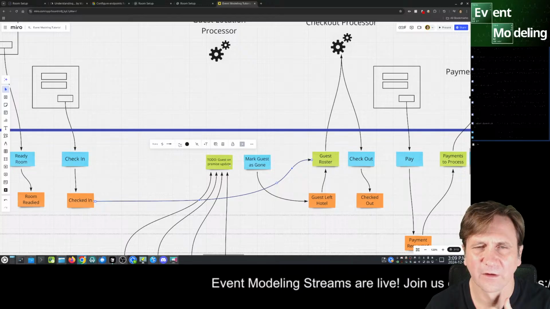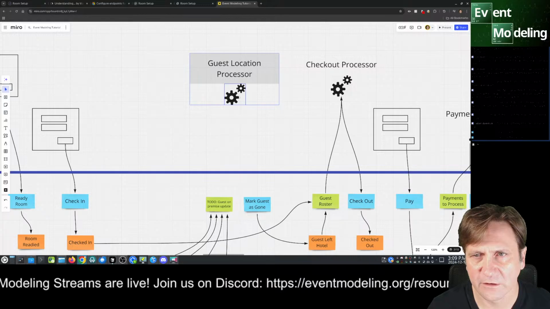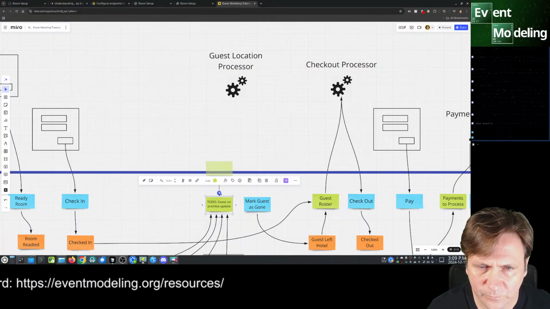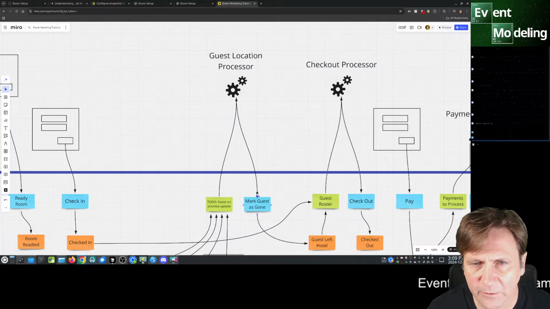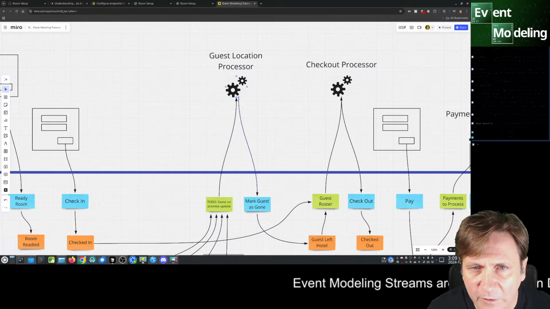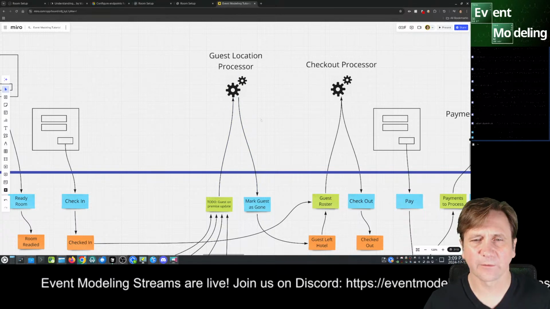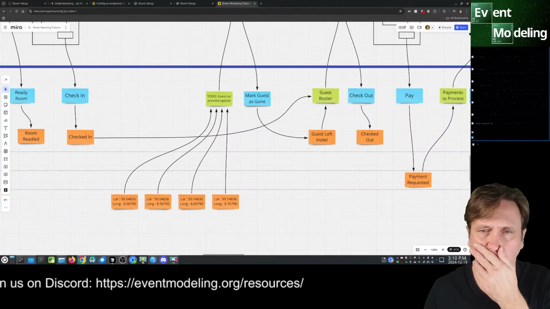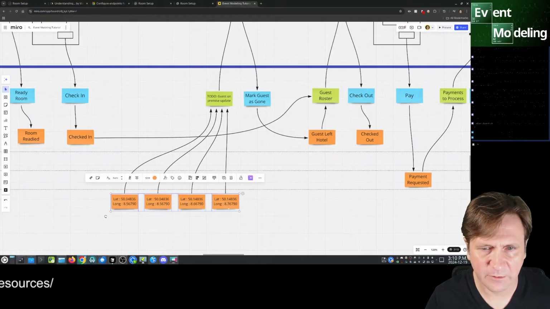Okay. And then, of course, the processor listens to both of these. Let's move these up. And then move this down. Can I move that slightly to the side? Yep. And let's move this slightly to the side. Yep. And there we go. Again, the timeline has to be correct. So let's move these.